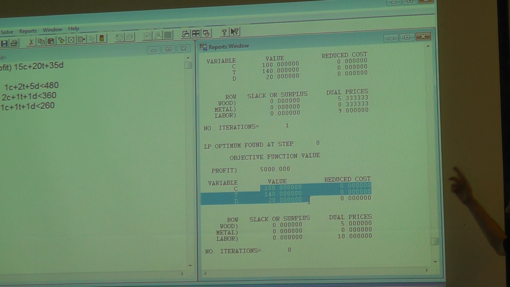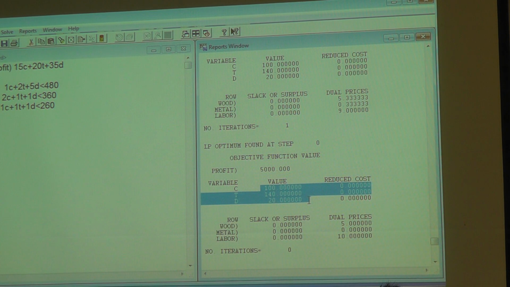Unfortunately, it doesn't tell you whether the solution that it found is unique or not, but you can kind of understand whether it is or not. I mean, how do you know whether the solution that you found in some problem is unique or not? Well, you look at the